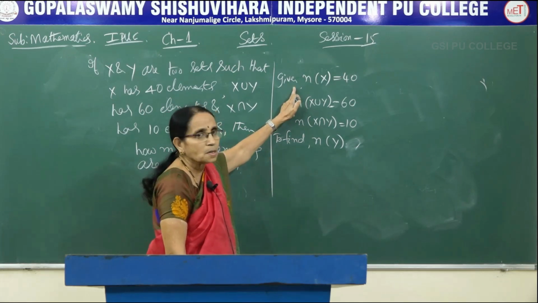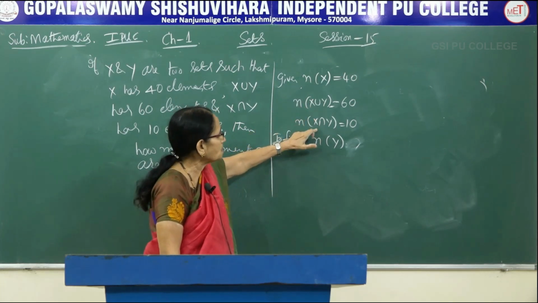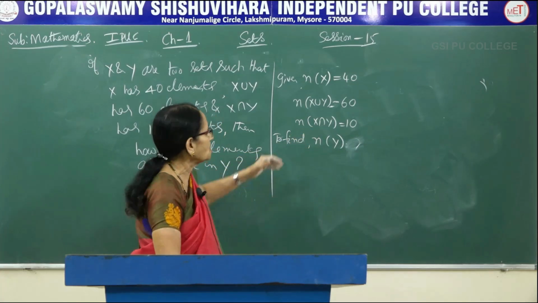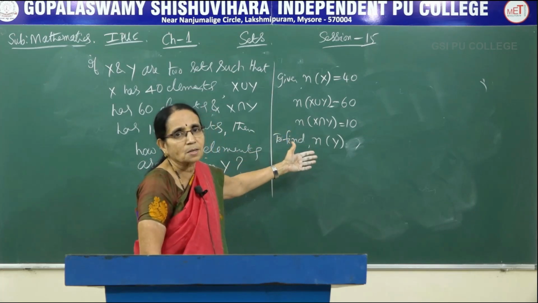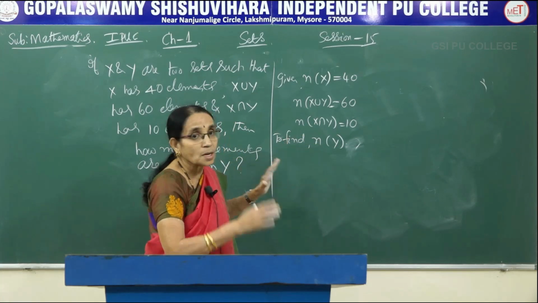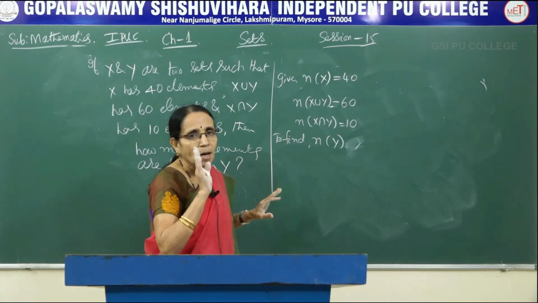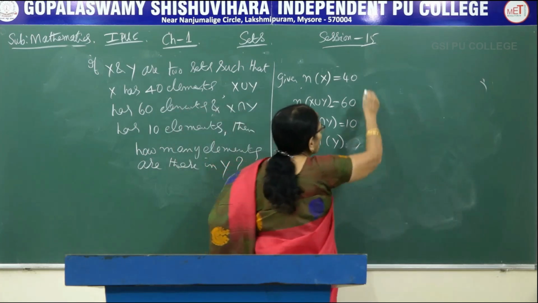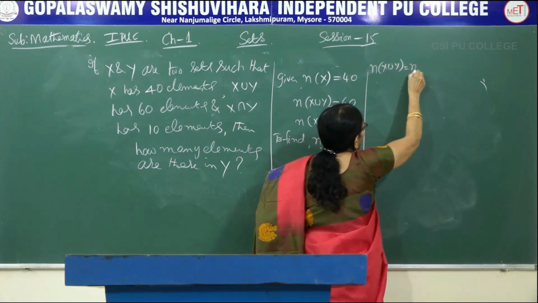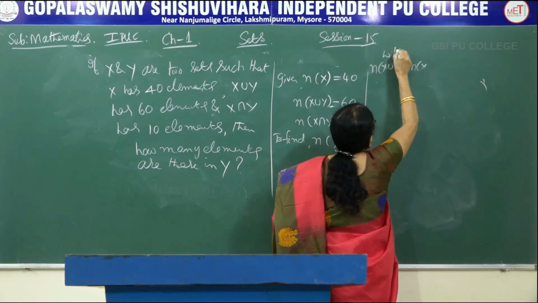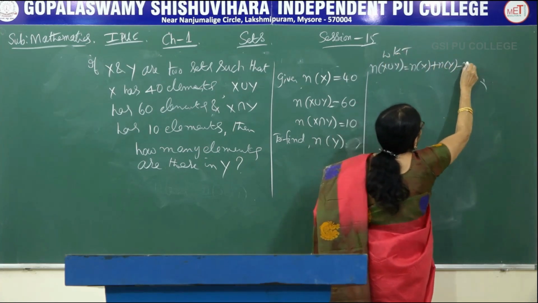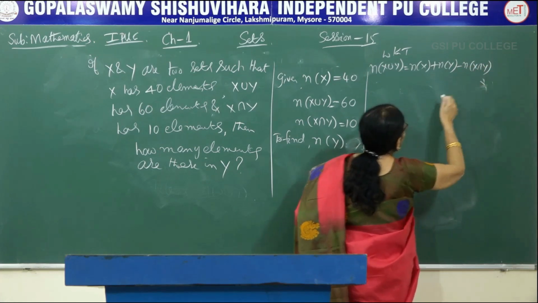The elements in the first set are given, the union is given, the intersection is given, and only the number of elements in the second set has to be calculated. So 4 terms are there in the formula, 3 have been given, and you have to calculate the 4th one. That's what I told you. When you use this particular formula, any 3 have to be given. So let me write the formula first here. We know that n of X union Y is n of X plus n of Y minus n of X intersection Y.